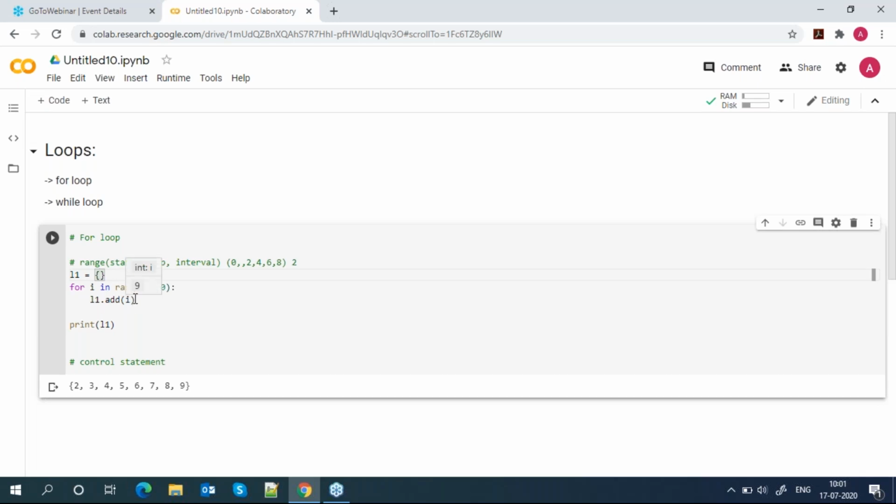So suppose I want to add the value. As you know, a dictionary uses some key and value. So I create a key, suppose this is name. Let's say I have two values. Let's take two values, suppose 2 3 4.